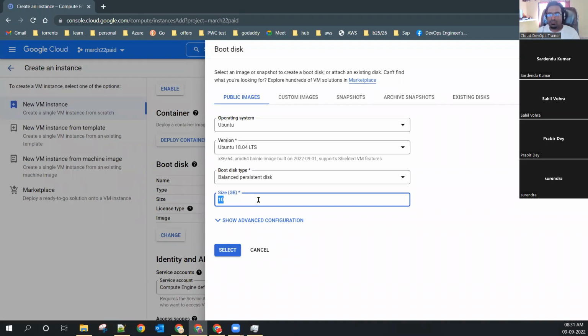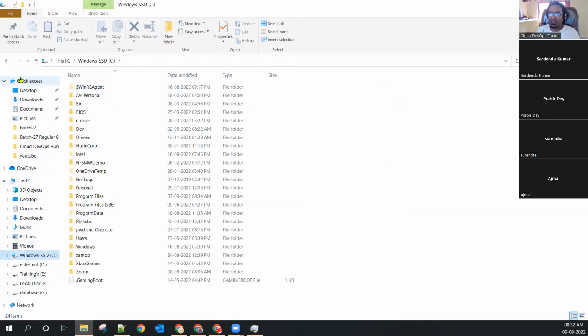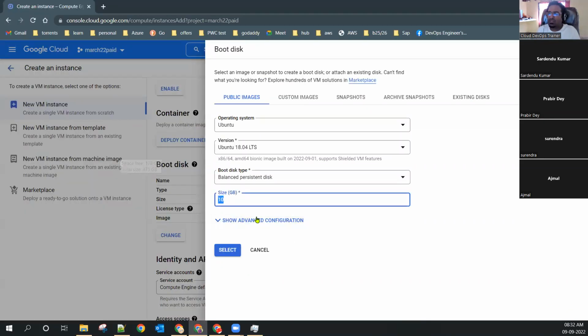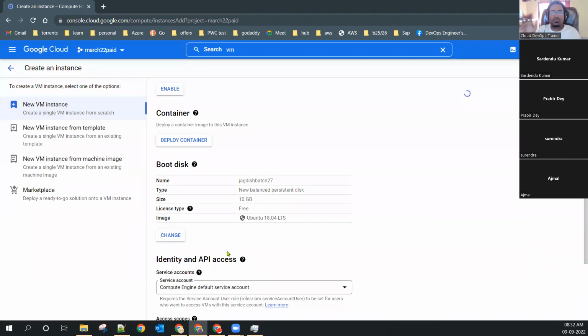What is this? Is it the RAM size? RAM I already chose. This is not a RAM size. Storage. What do you mean by storage? Hard disk drive kind of. Yes, hard disks. Like the C drive and D drive. We have to use the drives also, right? This is the drive. I'm choosing 10 GB, which is enough for our learning purposes. I'm saving it, choosing most of the default configuration.